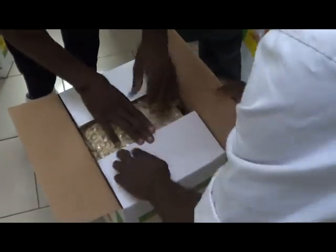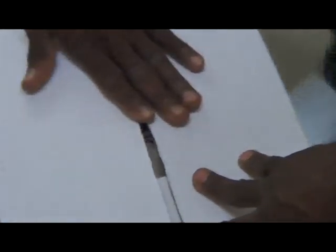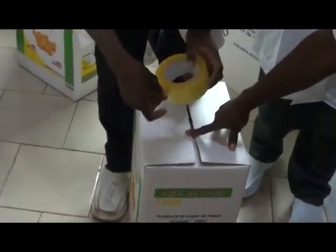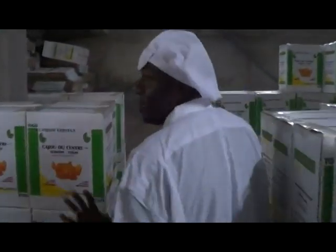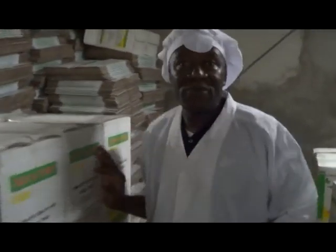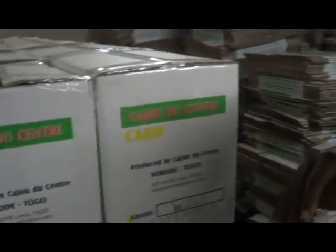And then, now we have a final product which is ready for export. From here, when they put it inside this carton, all those cartons are ready for export. A final product for export is ready, and then we put them